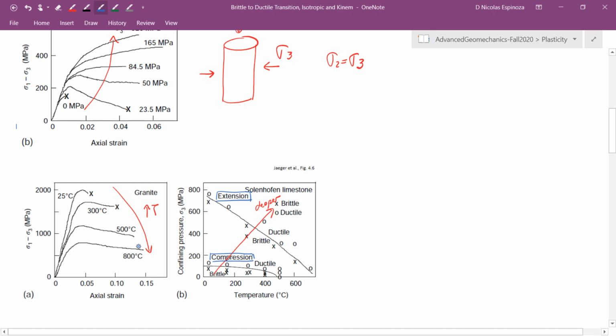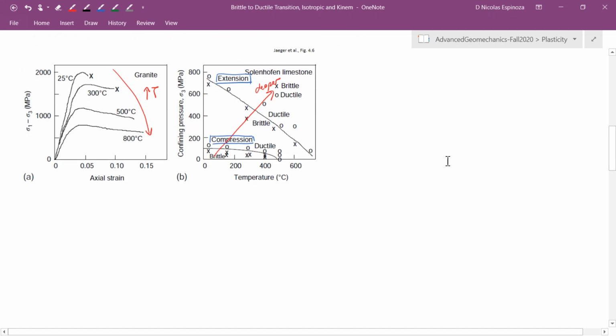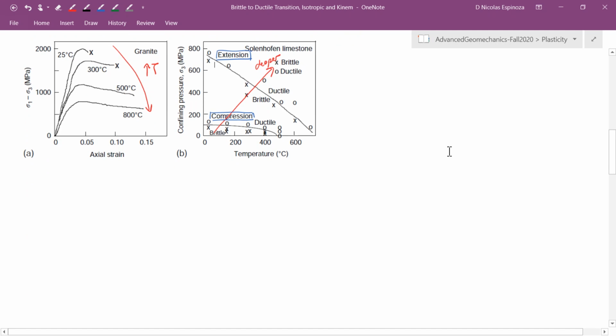All right, so mean stress and temperature are the main parameters that control this brittle to ductile transition. But I'd also like to share with you a few other factors that can also affect this brittle to ductile transition. And let me make the summary here. So we summarize all the data and all the phenomena. Brittle to ductile